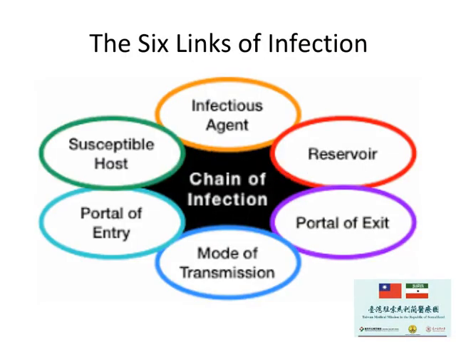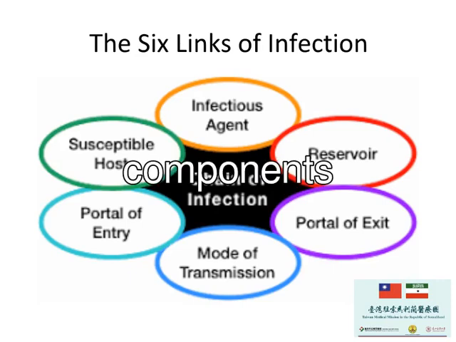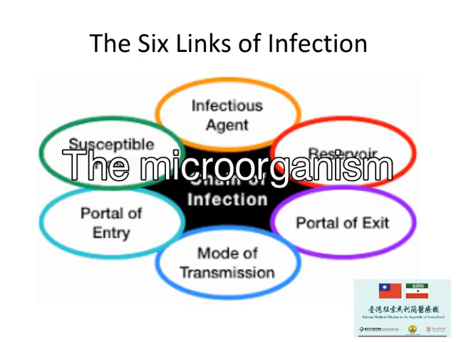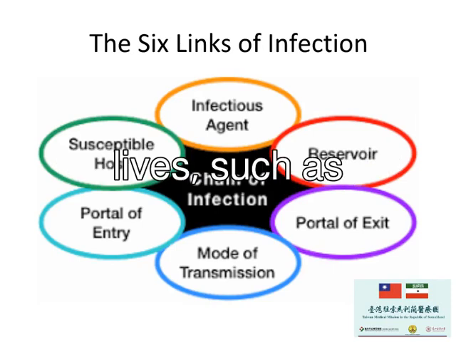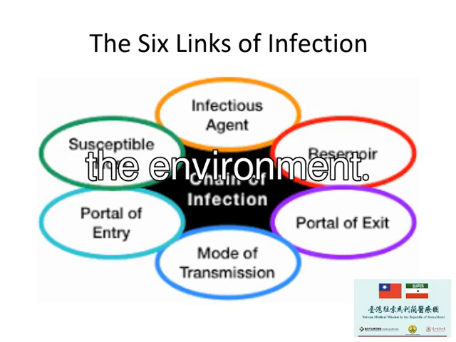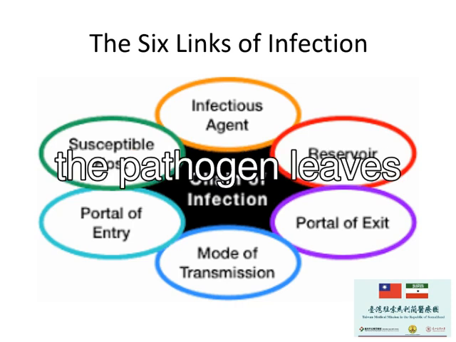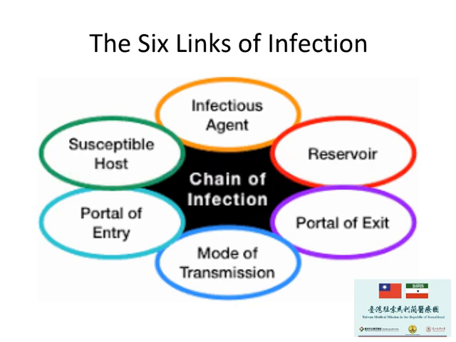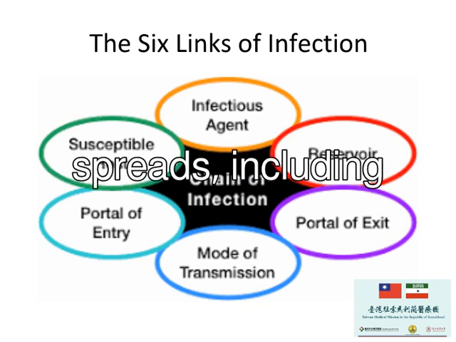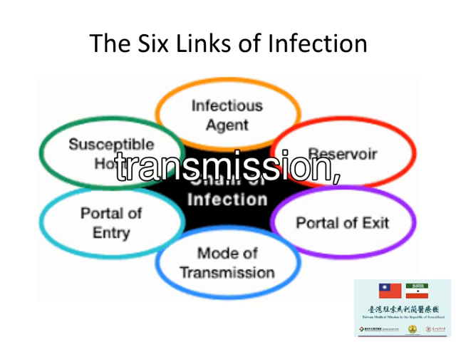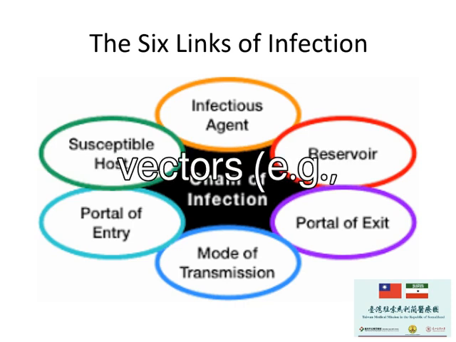The chain of infection consists of 6 key components: infectious agent, the microorganism that causes disease; reservoir, where the pathogen lives, such as humans, animals, or the environment; portal of exit, how the pathogen leaves the host, such as through droplets, blood, or feces; mode of transmission, how the infection spreads, including airborne transmission, direct contact, or vectors, e.g., mosquitoes;